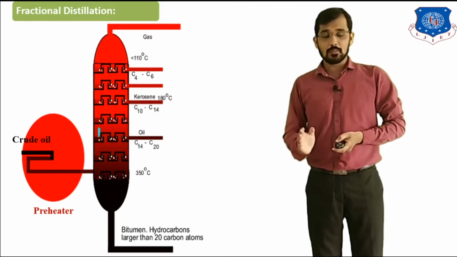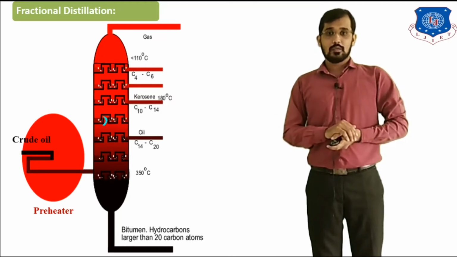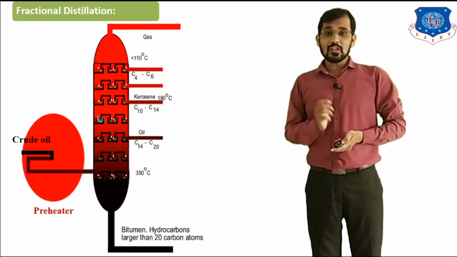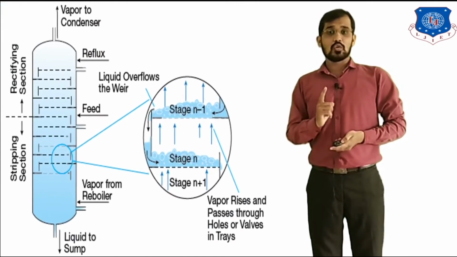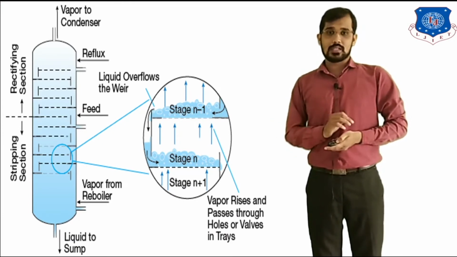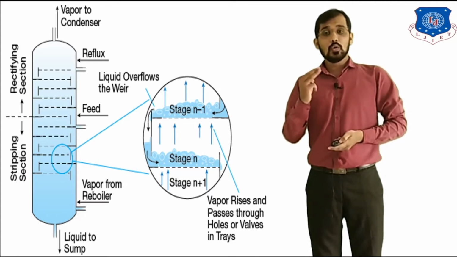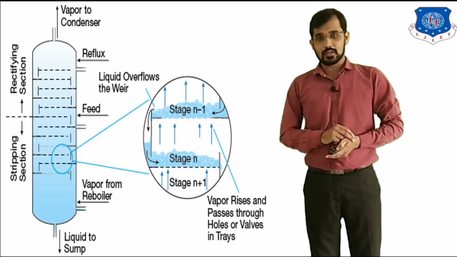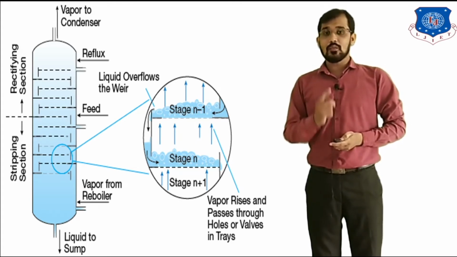In the fractional distillation column, we are removing more than two components from a single distillation column, where we are removing gasoline, kerosene, diesel oil. But in the conventional distillation column, by using a single distillation column, we can separate only two components. There is a formula to separate n components. The requirement of distillation columns is n minus 1. Suppose there are three components present, to separate three components, 3 minus 1, 2 distillation columns will be required. Similarly, for a binary mixture with two components, 2 minus 1, 1 distillation column is required.